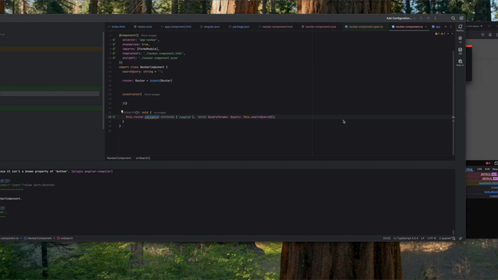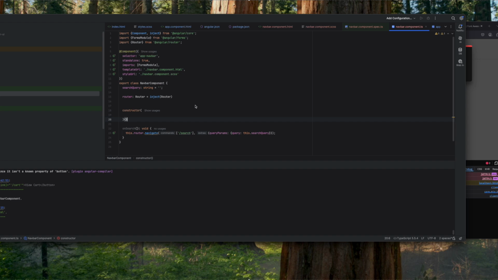So we want to get the username out of the Keycloak token, and we want to do this on the initial stage when this navigation bar component is loaded. So we want to do it when this is loaded, and in that said, we need to extend the init